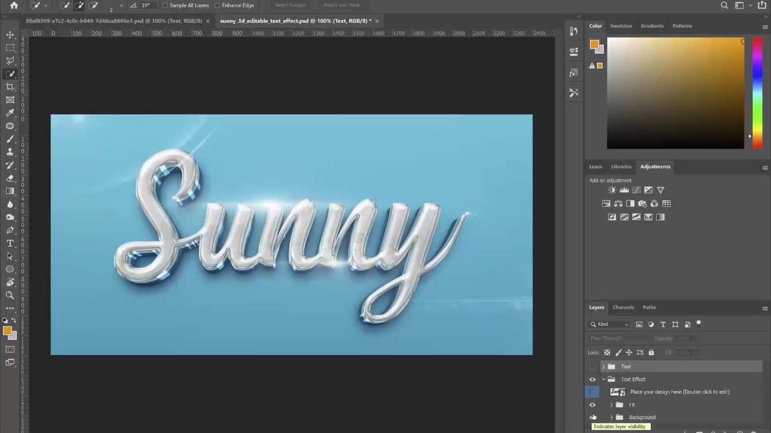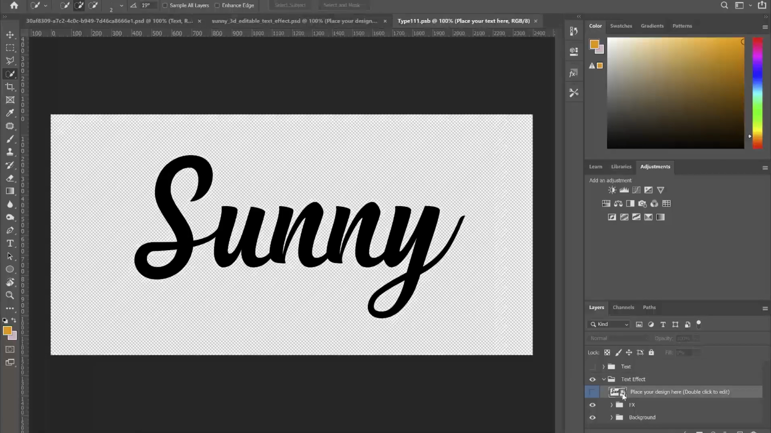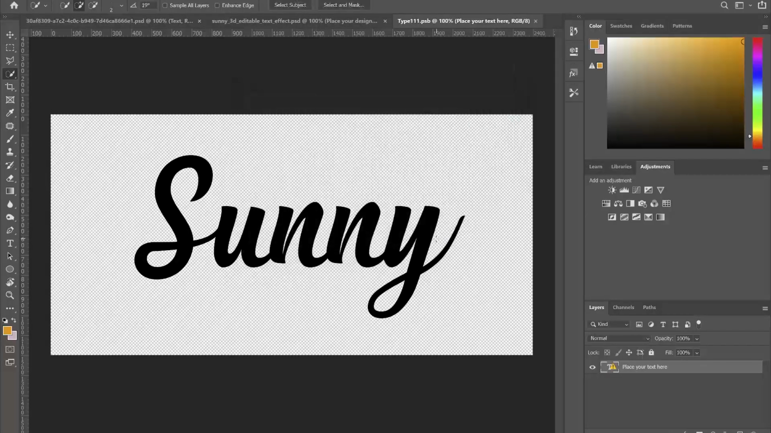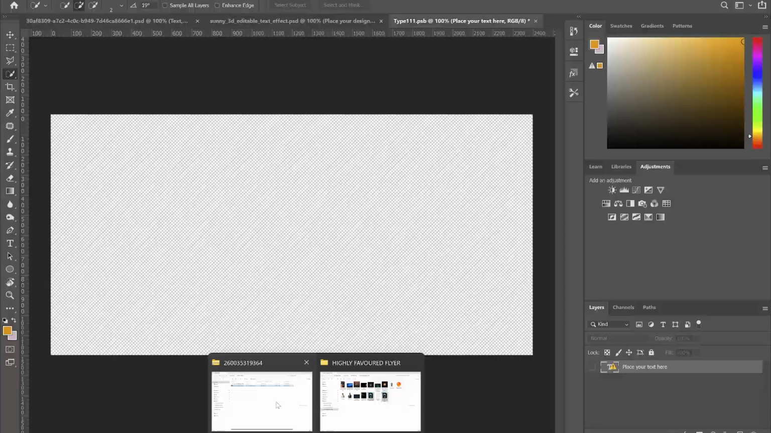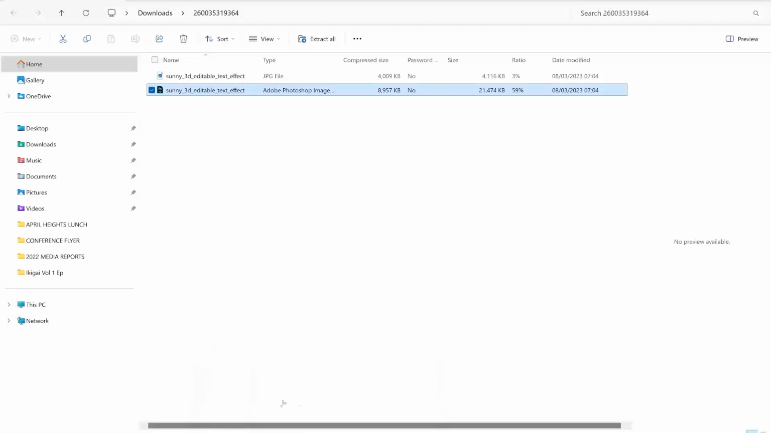So we don't need the background too, but we'll come back and remove it later. So you see this place that says place your design here. You come here and double click. When you double click, it brings you here, and then you see this eye, blind it. Just remove that eye, right? And then you come to where you have your text,